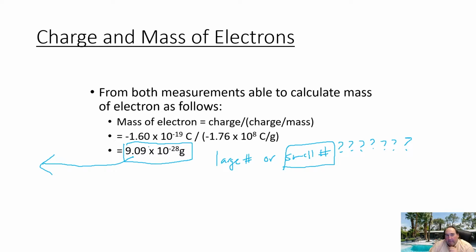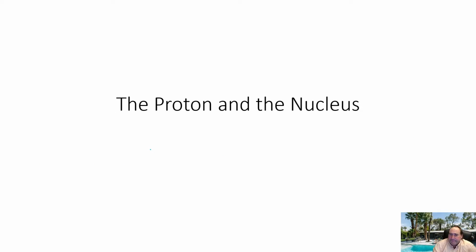So again, the first two things to remember: Thomson's CRT tube, charge to mass ratio of an electron, followed up by the next important experiment, which was done by Millikan using the oil drop and that chamber with the electrical field, where he was able to adjust the electrical field to get that oil droplet to be suspended, and from that figure out the charge of an electron, and thus figure out the mass of an electron being 9.09 times 10 to the minus 28 grams.